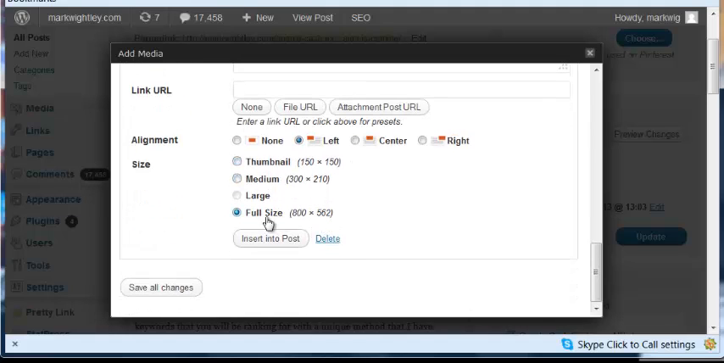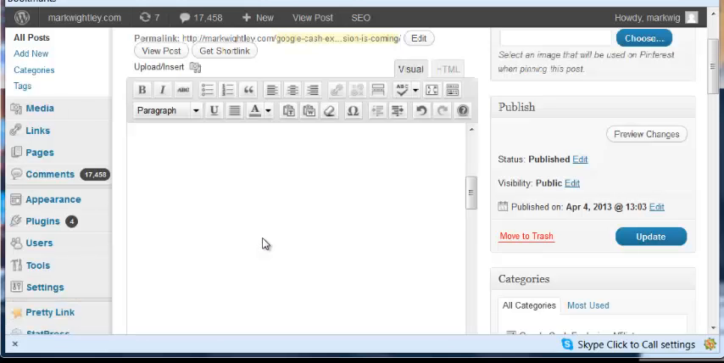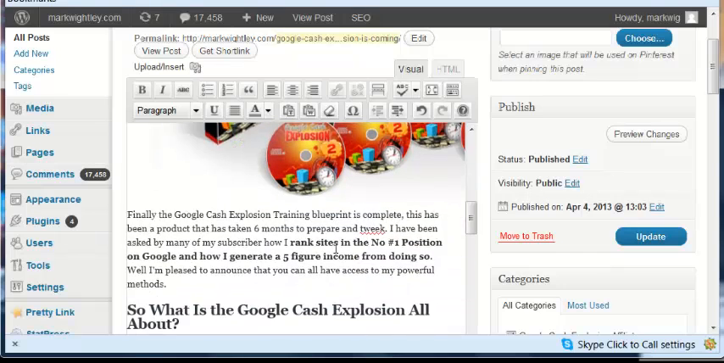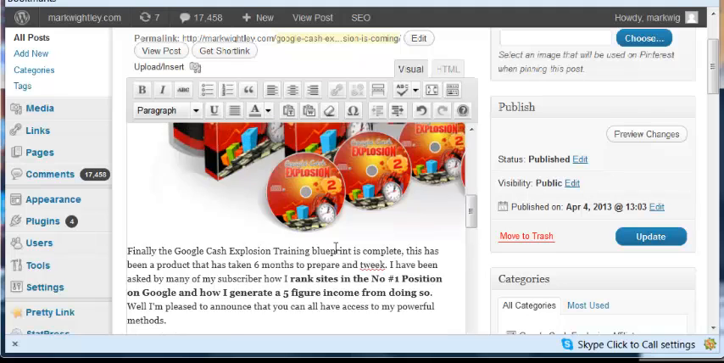Okay, now you want to make sure it's always full size. If you just go large, medium, or thumbnail, it'll take that image and just crop a little section out of it depending on these sizes here. You don't want that because you'll end up with half an image. So we'll go on full size, and I'll show you how to change it later because this is going to be rather big. So when you insert that in the post, full size, and as you can see, it's humongous. Okay, so what we want to do,